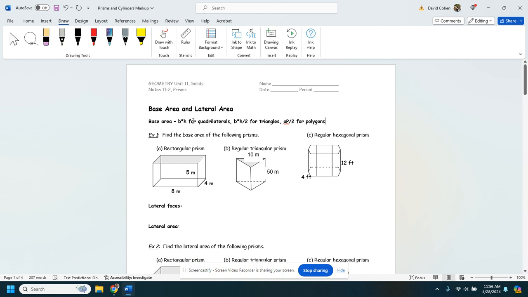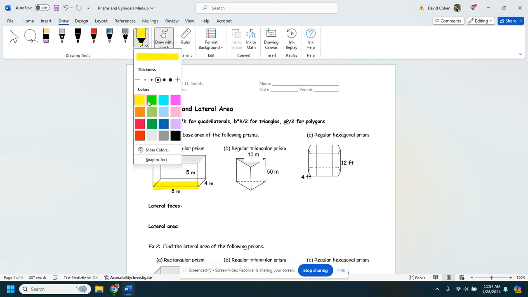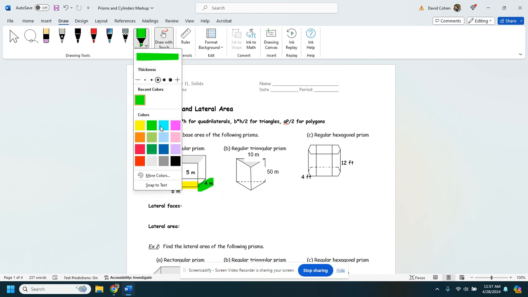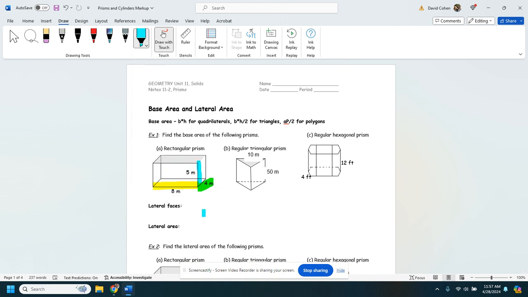Polygons. So find the base area of the following prisms. Notice we've got a base length of 8. We have a base width of 4. We have a height in general, we can get to that later, of 5 meters. And we're looking to find just the base. So that base, and there's 2 of them, is base equals,